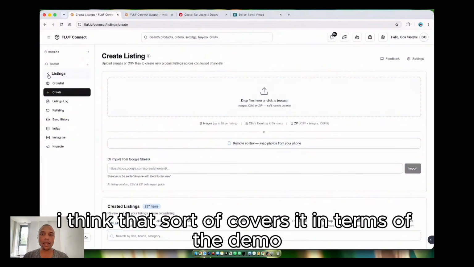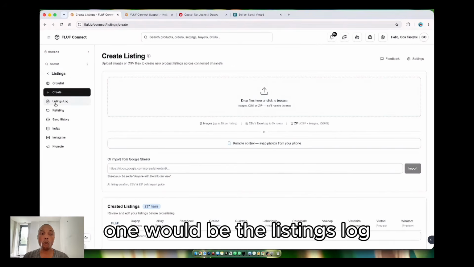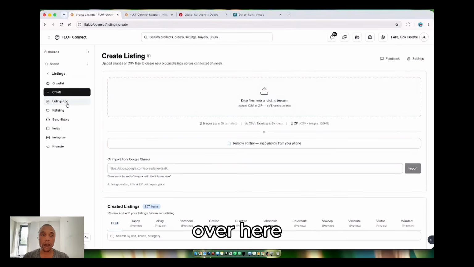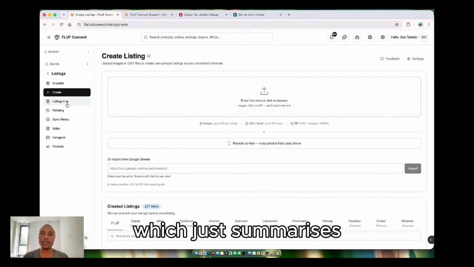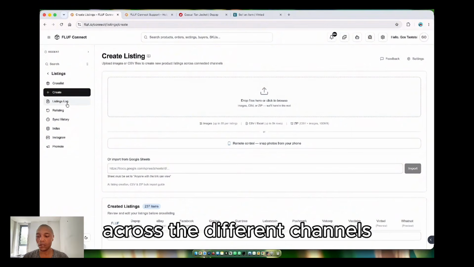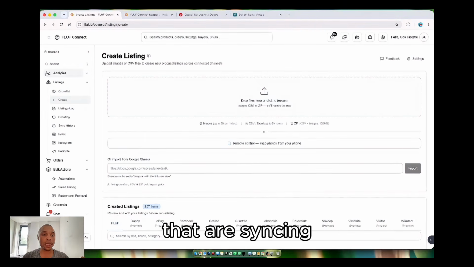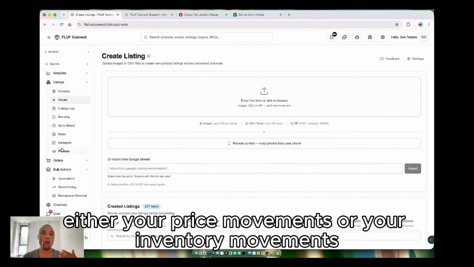So yeah, I think that sort of covers it in terms of the demo. There were some other pages that we didn't look into. One would be the listings log over here, which just summarizes all of the listings that you've cross-listed across the different channels. The sync history indicates our record of keeping track of things that is syncing, either your price movements